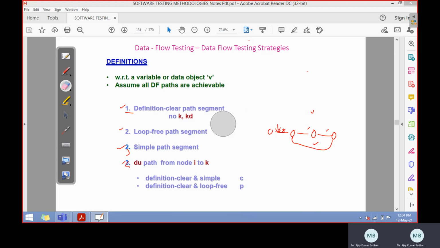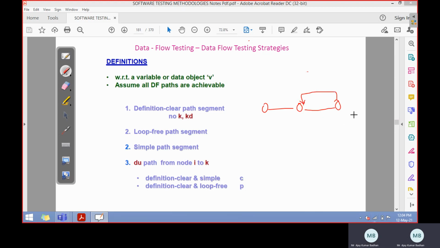Let me explain it one more time. What do we mean by definition clear path segment? It consists of a sequence of links. In the very beginning, in the first link, we define a variable.